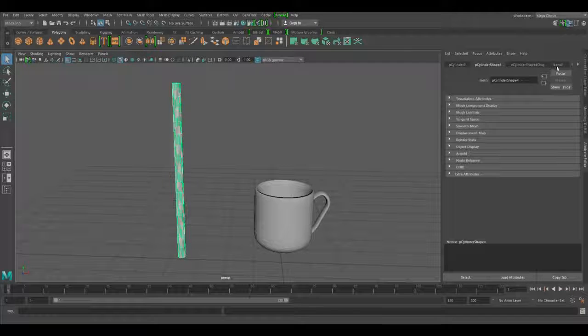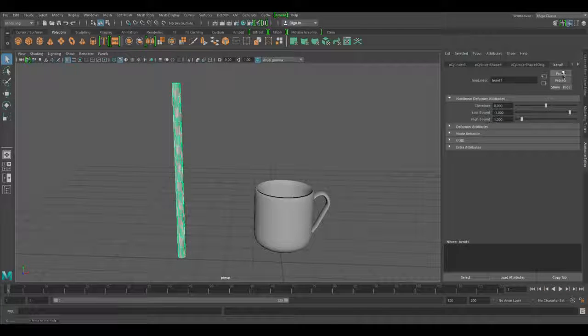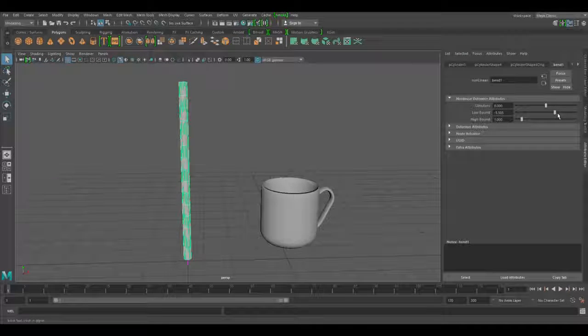Now, if it worked correctly, it should create this Bend 1 tab in your cylinders as part of your cylinder menu settings. And so it has,